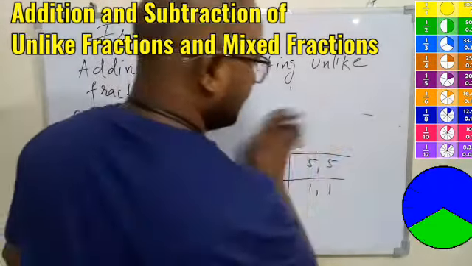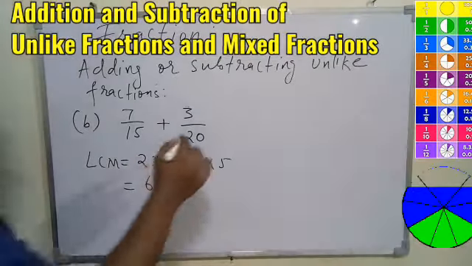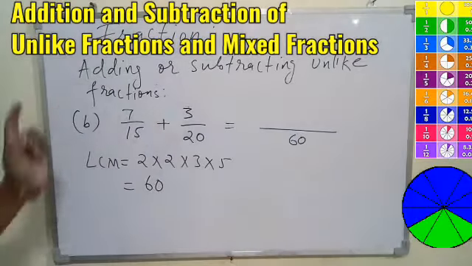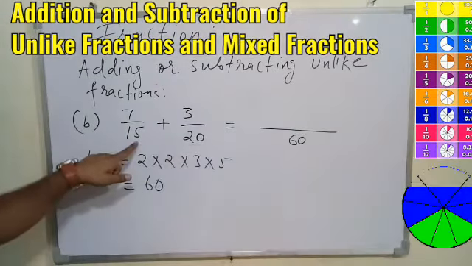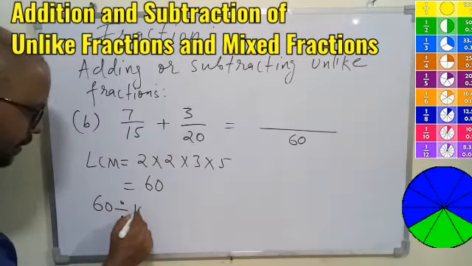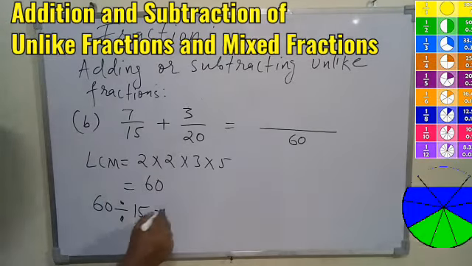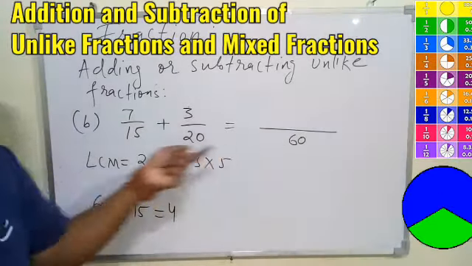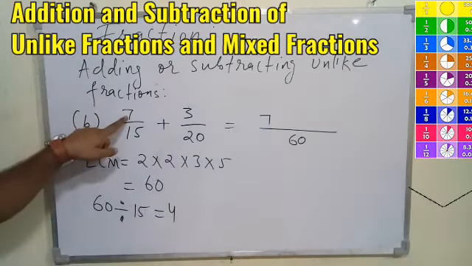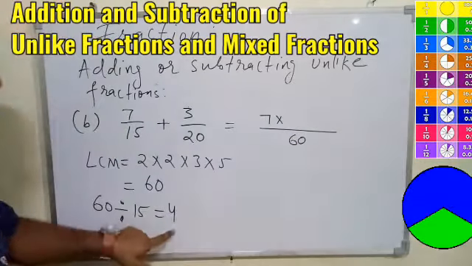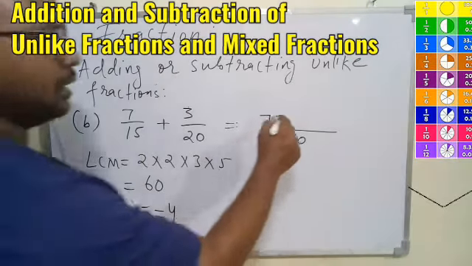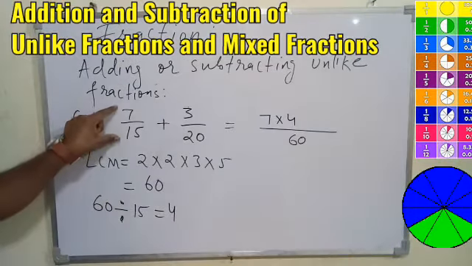Now what is the next step we have? After we got the LCM, write down the LCM in the denominator now, that is common for both. Now you divide 60 by 15. Okay, so let's divide 60 by 15. How much do you get? 4. So if we divide 60 by 15, you will get 4. So write down the numerator as it is very first. Then multiply the answer we are getting by dividing the denominator by 15. So we are getting 4. Write down 4. So this fraction is done.